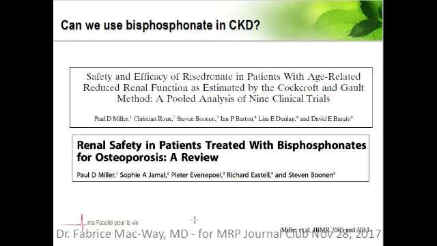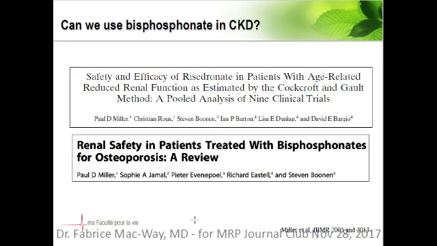They retrospectively looked at the level of creatinine clearance, and then they concluded that yes, bisphosphonate can be used for CKD as well, because it reduces fracture until a GFR as low as 15 to 20 mL per minute. So we have to be careful about these studies because